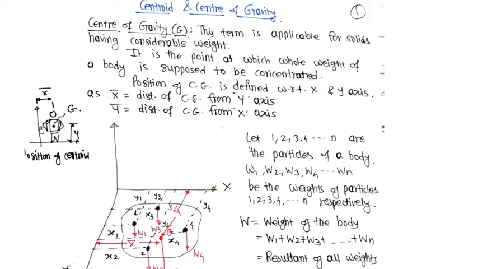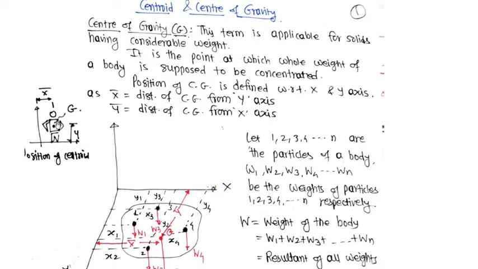And what is x bar? X bar is horizontal distance of centroid, and of course, this distance is measured from vertical axis, that is y axis. And what is y bar? Y bar is the vertical distance of centroid. Obviously, we will measure it from x axis. So, x bar is horizontal distance of centroid, y bar is vertical distance of centroid. Centroid or center of gravity, for both these points we are using the same notation, x bar and y bar.